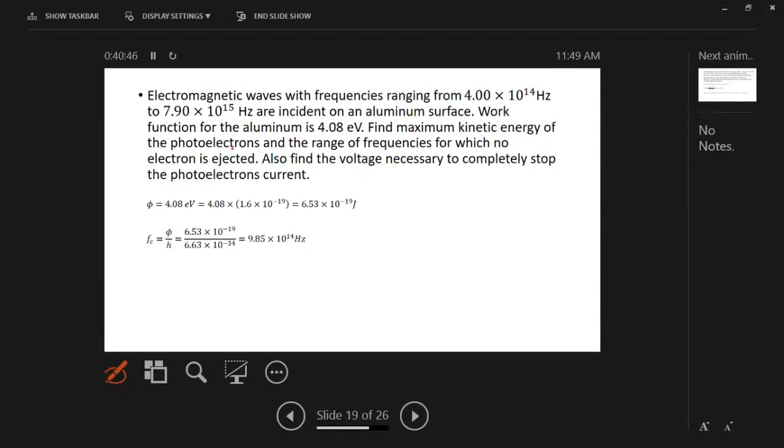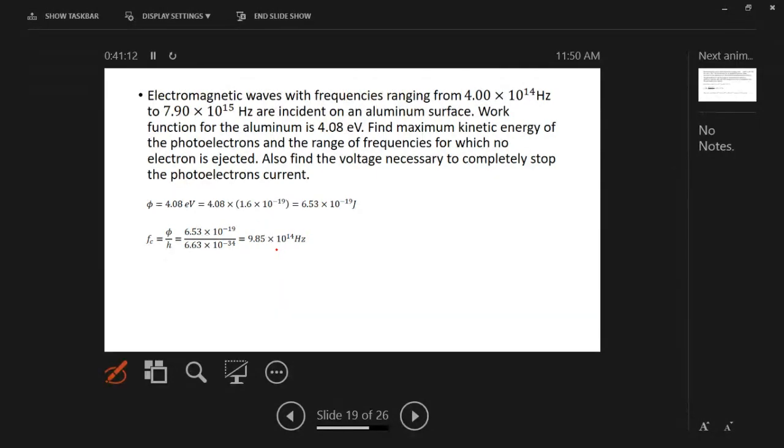So when it asks what is the range of frequencies for which no electron is ejected, it is going to be from 4 times 10 to the 14th to 9.85 times 10 to the 14th. Any frequency in this range is not going to create any photoelectron. Any frequency higher than that is going to create